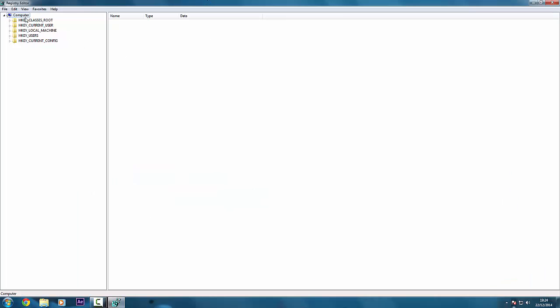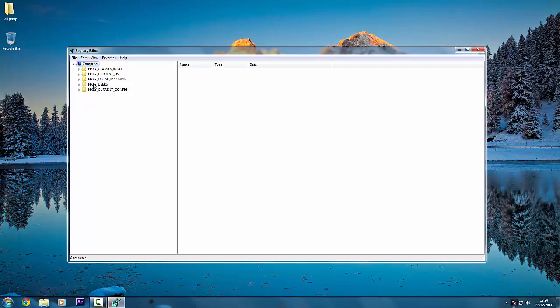Alright, now on the top left here, you'll see Computer and then lots of different tabs you can click. You want to go into HKEY_LOCAL_MACHINE, Software,